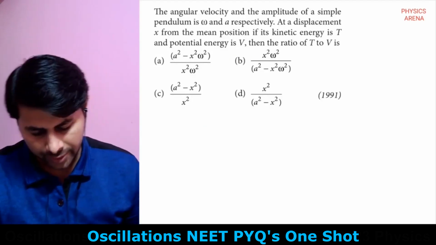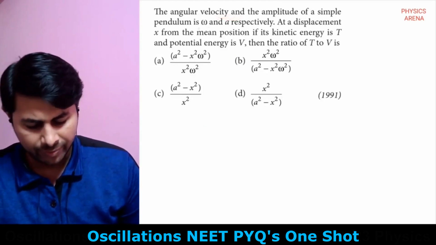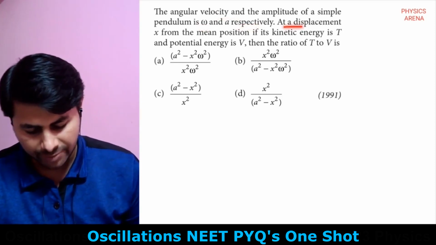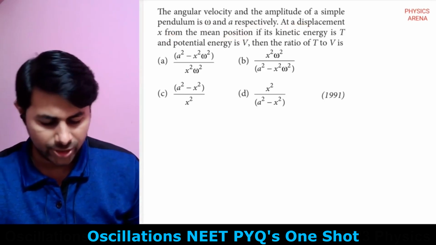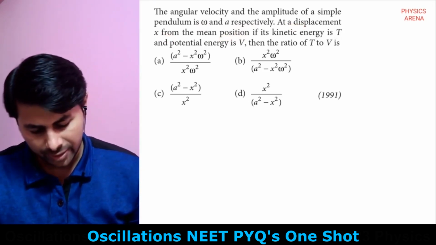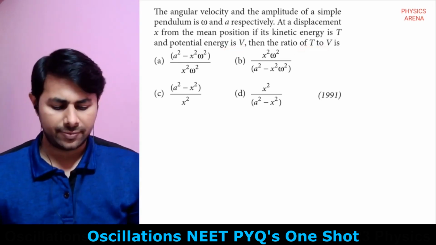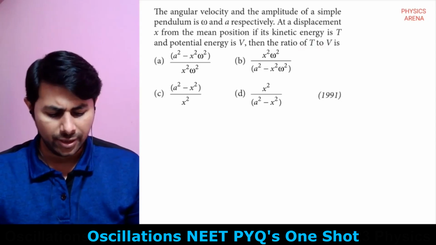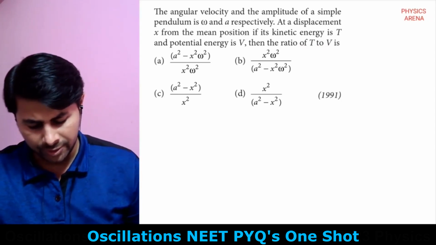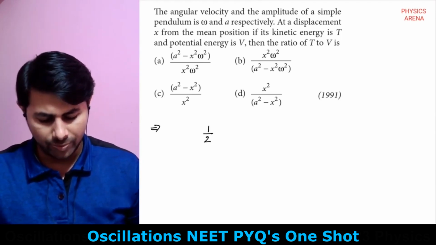The angular velocity and the amplitude of a simple pendulum are omega and small a respectively. At a displacement x from mean position, if its kinetic energy is T and potential energy is V, then the ratio of T to V, the ratio of kinetic energy to potential energy, is. So that is simple, right? Kinetic energy is half of,